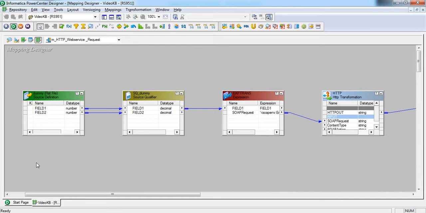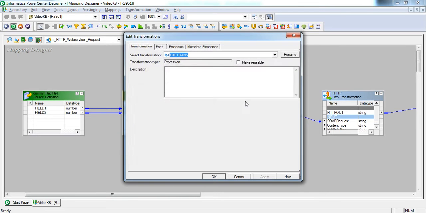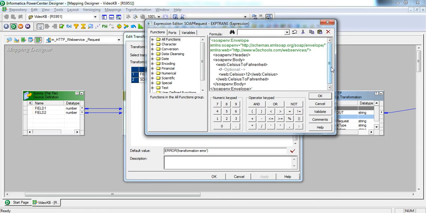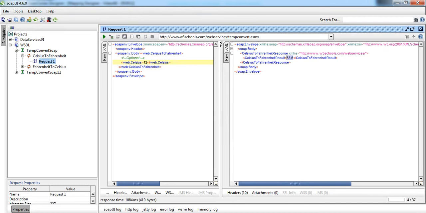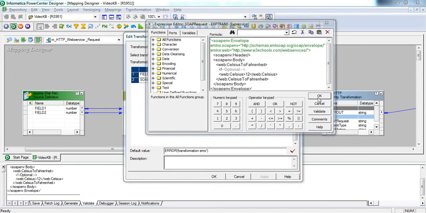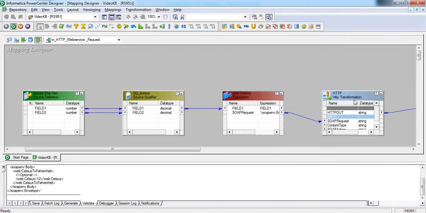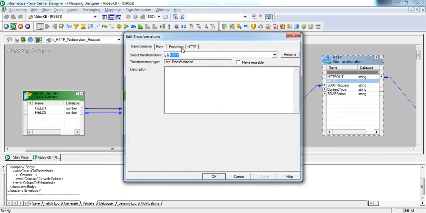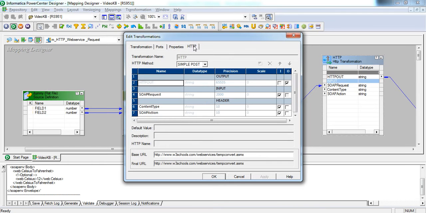So within the Designer, I have created a dummy source flat file followed by an Expression transformation in which I'll be passing the SOAP request. So whatever request I have in the SoapUI, I have copied that and pasted in the Expression transformation. So you see the value of 12 degrees Celsius, and afterwards I create a HTTP transformation,